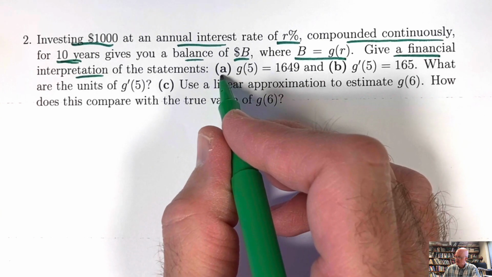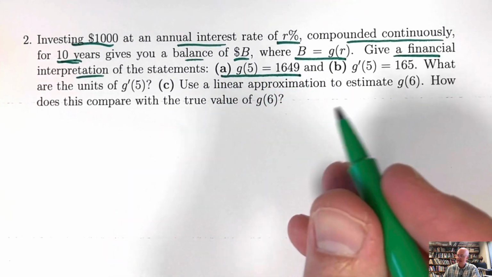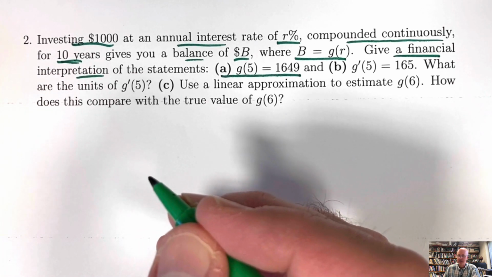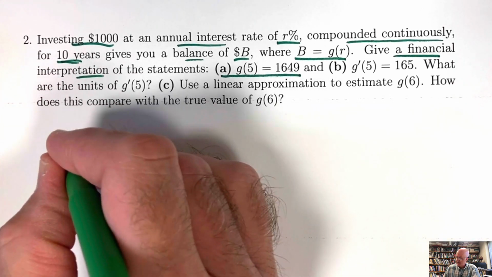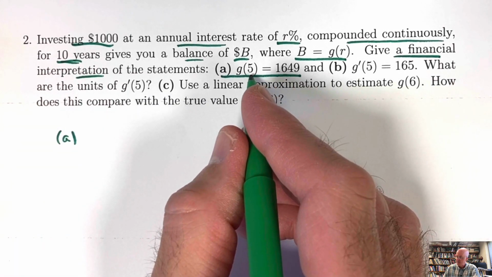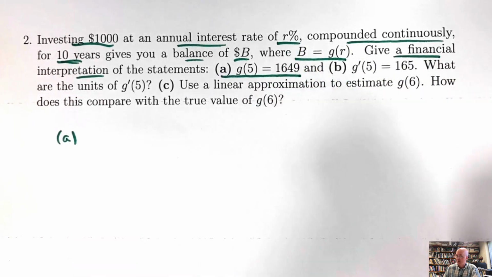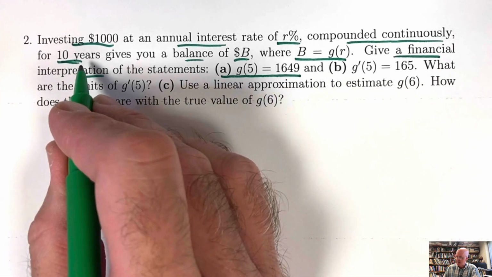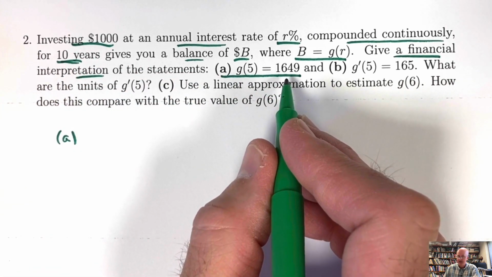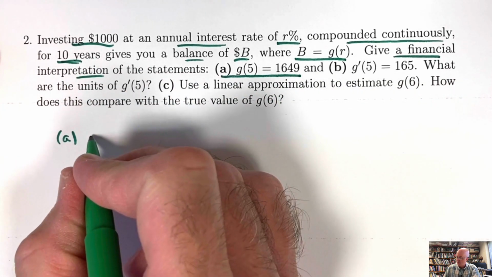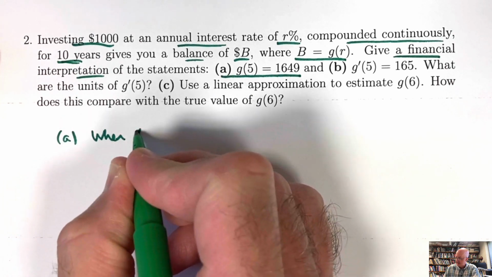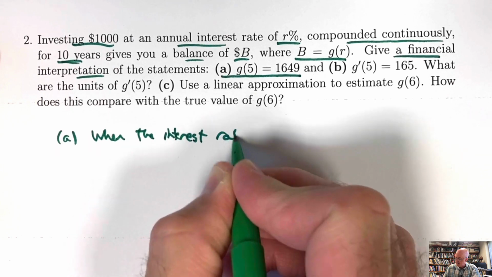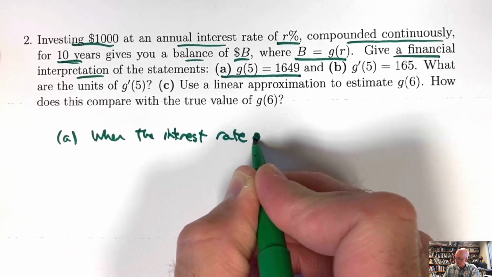Part A says G of 5 equals 1,649. No calculus there, that's just interpreting the meaning of the function. Part A, when R is 5%, 0.05 as a decimal, the balance on the account after 10 years is $1,649. I'll go ahead and write that down. When the interest rate is 5%,